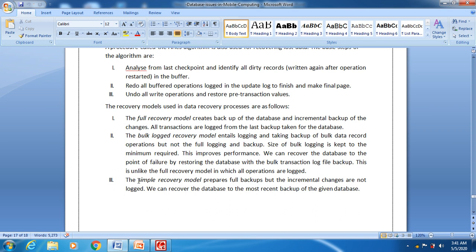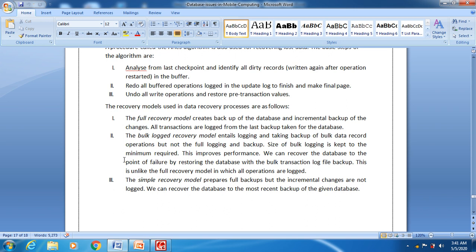The last one is the simple recovery model, where we can recover only the recent updates, that is, only the latest recent backup of the given database.